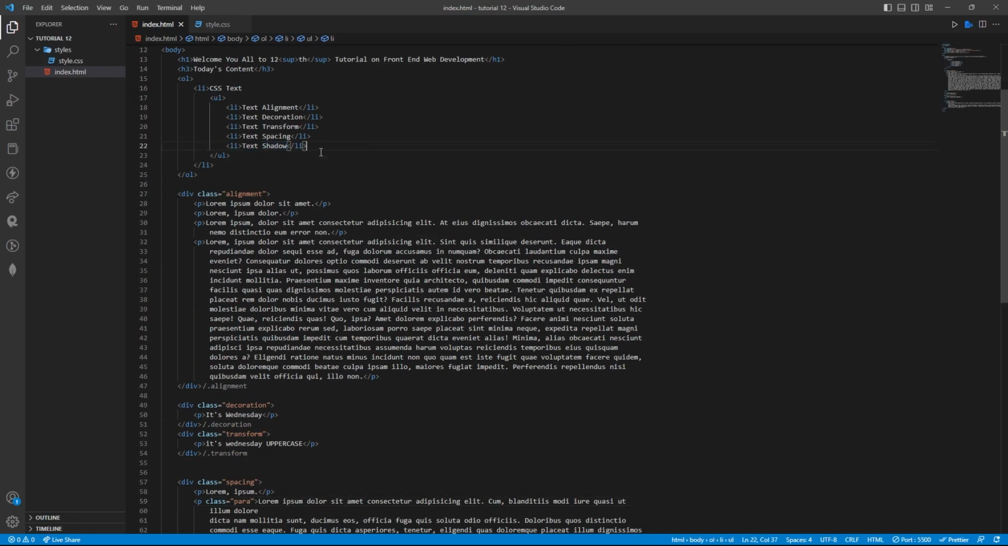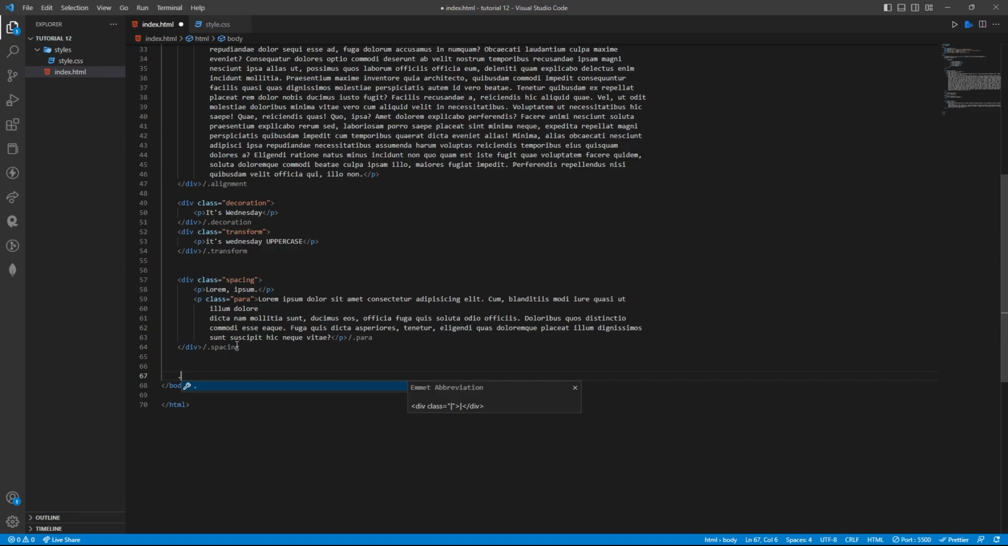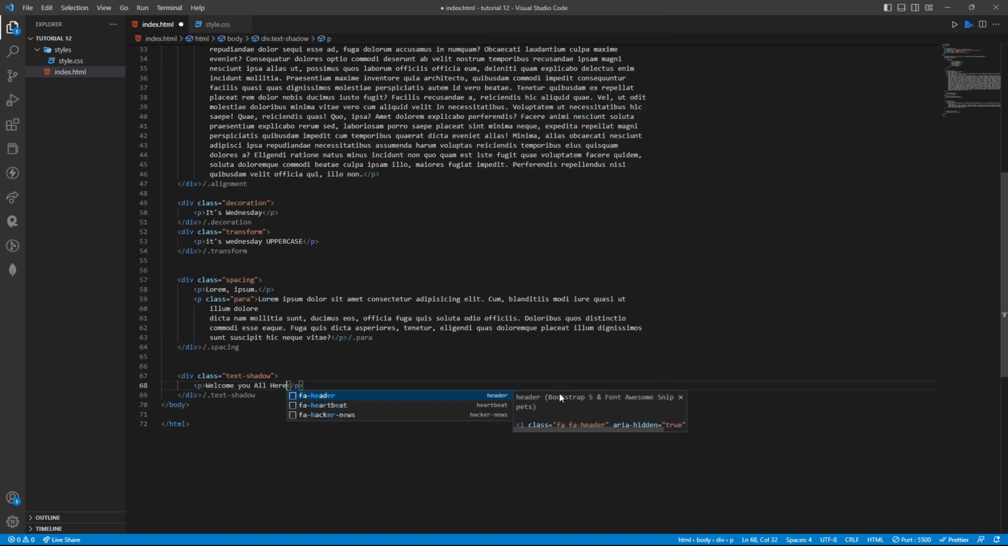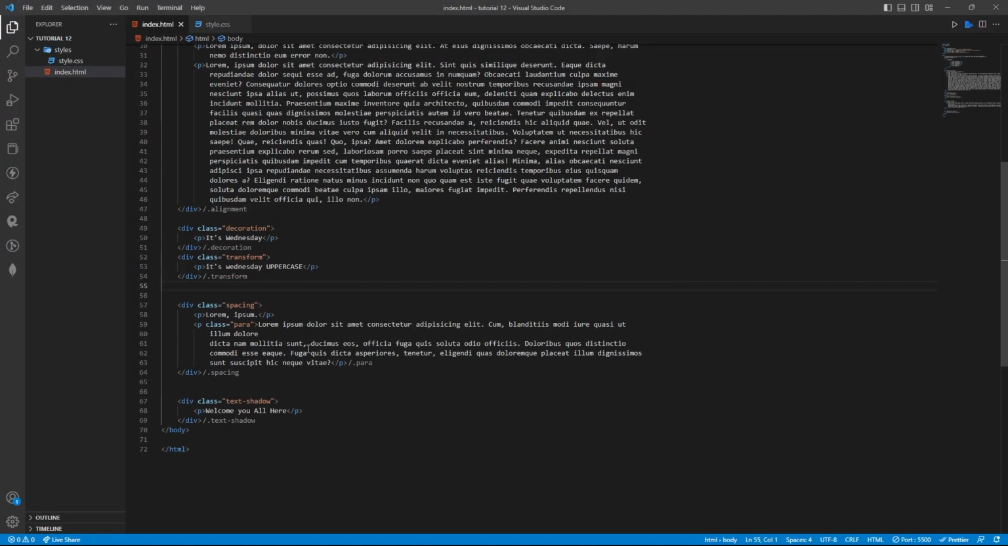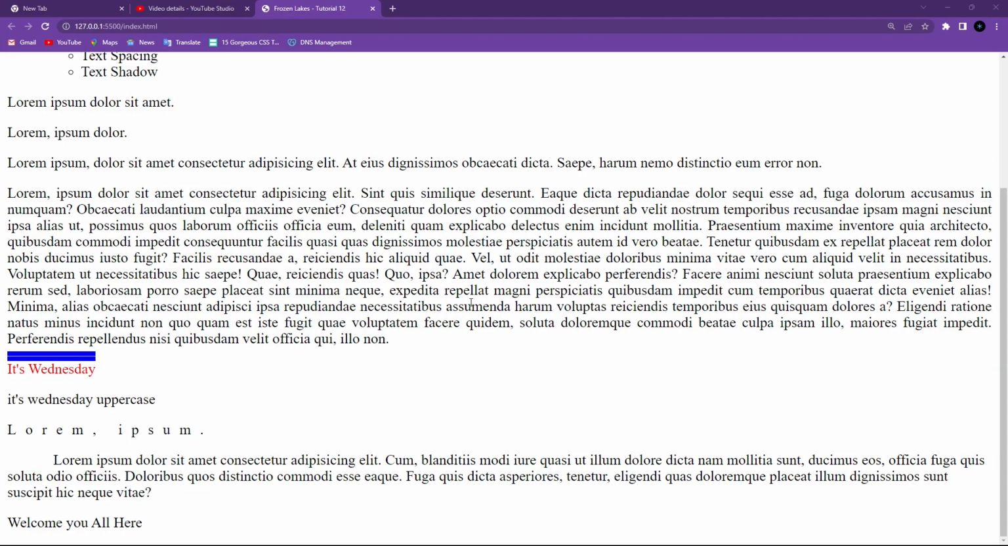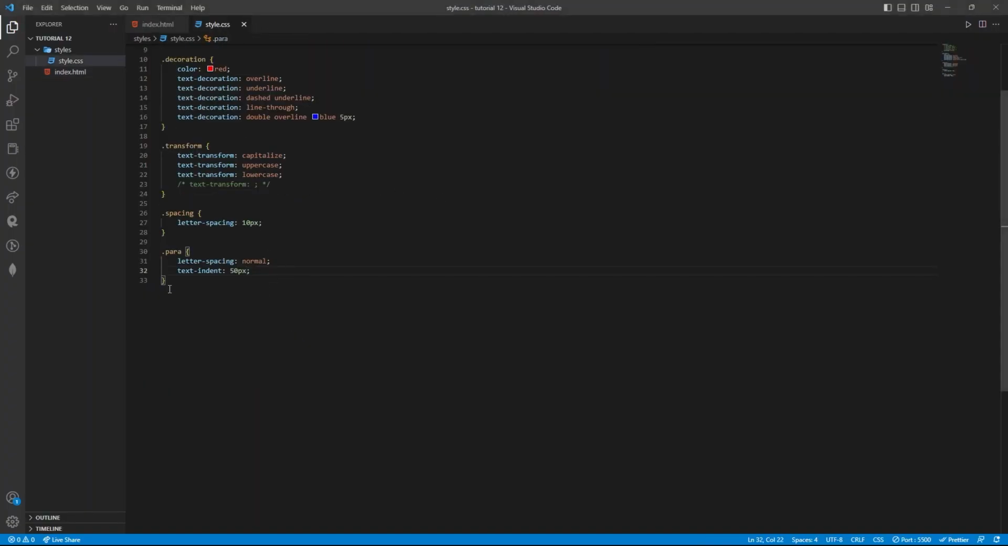So then the text shadow. You can also make a div directly by giving a dot. Okay. So let's choose text shadow. So you can see this, right? Div class equal to text shadow and main, right? So let's make a text called welcome you all here. Okay. You can see this, right? So let me call this class the text shadow,